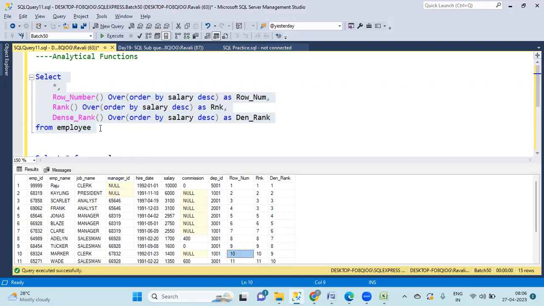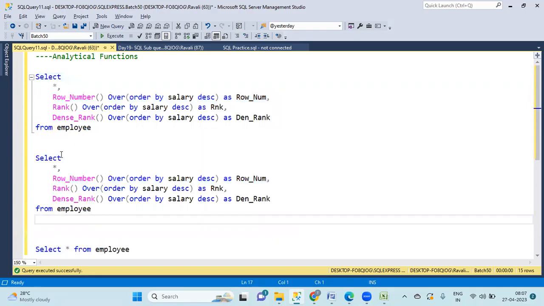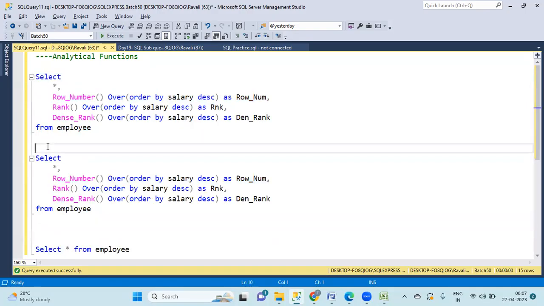But that cannot be directly written. Here we are generating the ranks, so we can use select star from